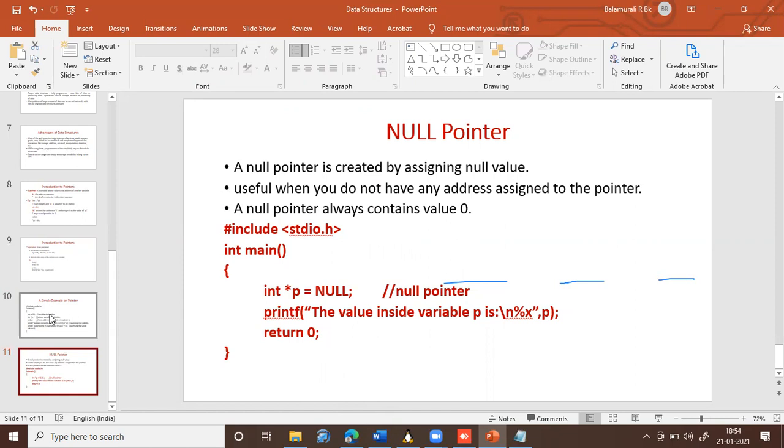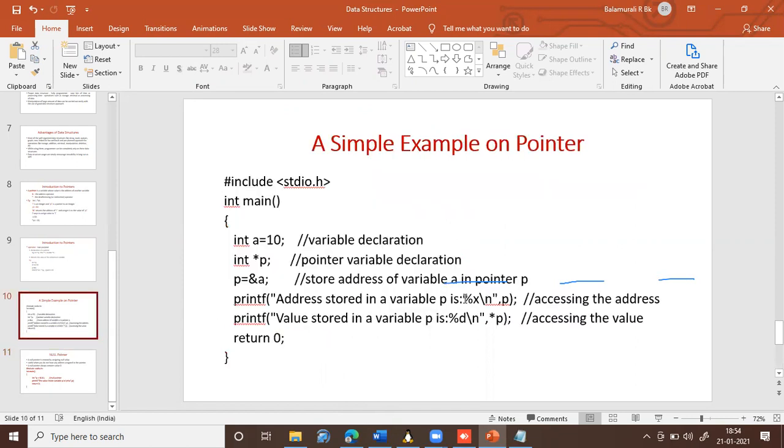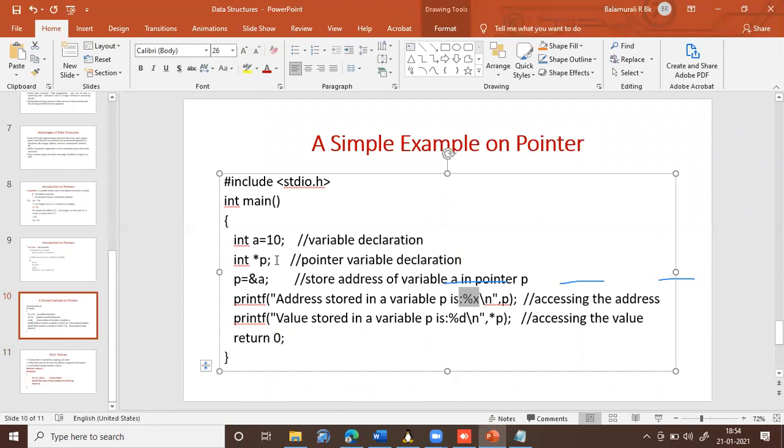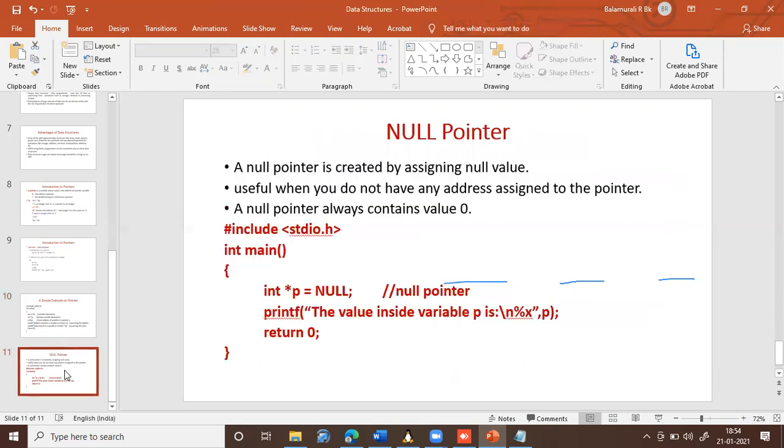Okay. So in this slide, you can see for address I am using %x, but in the program I used %p. The reason is in a Linux environment, you have to use %p. In Windows or Unix environment, for address you can use %x or %u. Okay. Fine. So let us stop here for this lecture and let us continue from the next class. Okay, so we have given a brief introduction to data structures, and also we have discussed a brief introduction to pointers. Fine. Thank you.